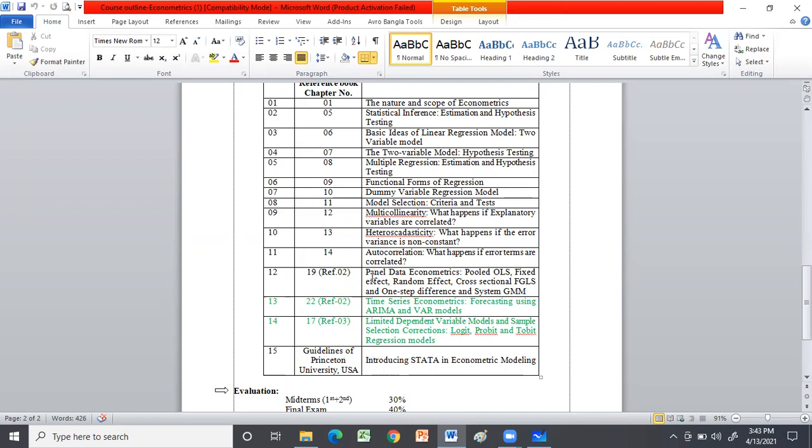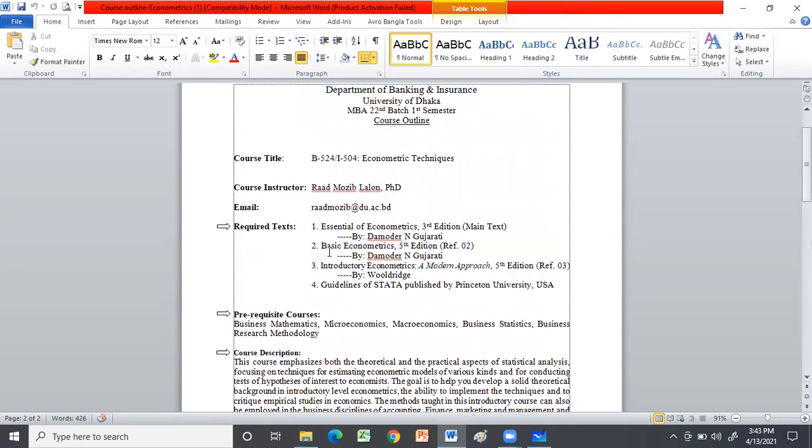And there is a reference text. I have given you reference text number 2. If you wish, you can read the reference text number 2 for these 3 consecutive chapters. Basic econometrics, which is also written by the same author, Gujarati, 5th edition, still available online. You can take the soft copy. এটার সফট কপি আছে, আপনি চাইলে অনলাইন থেকে ডাউনলোড করে নিতে পারবেন, ওকে।